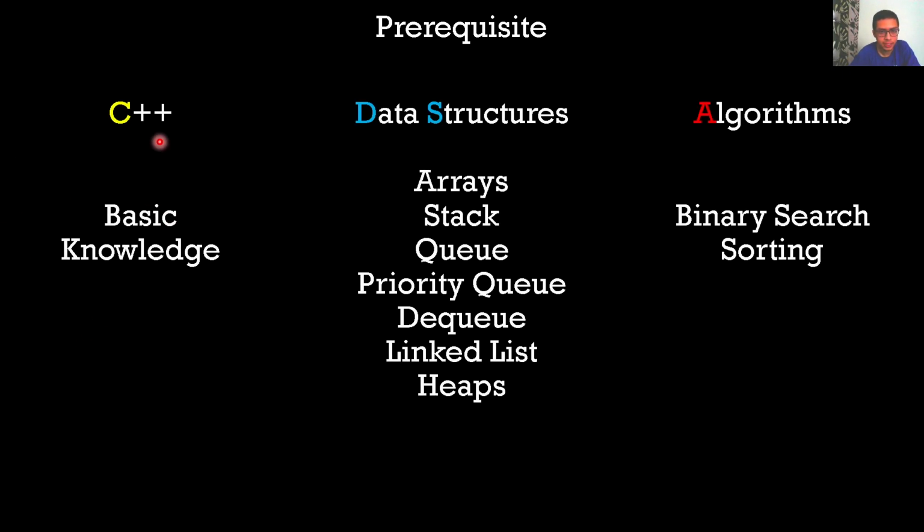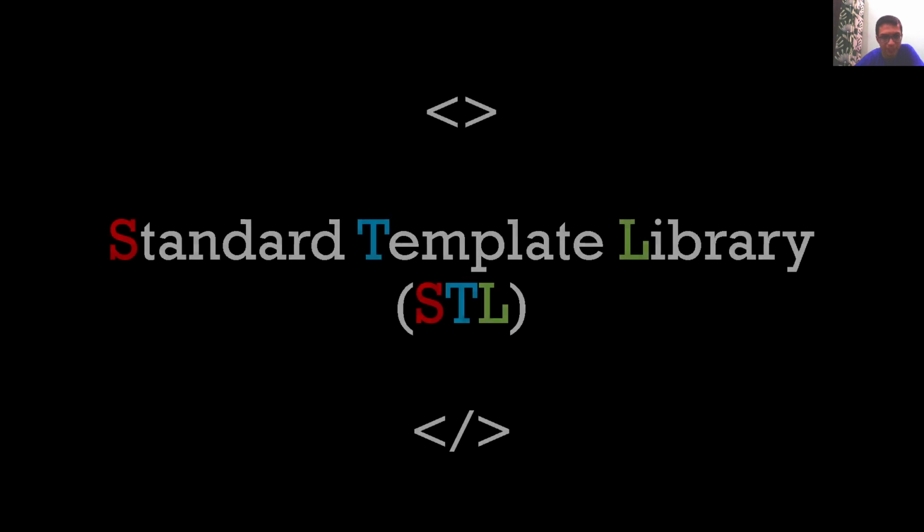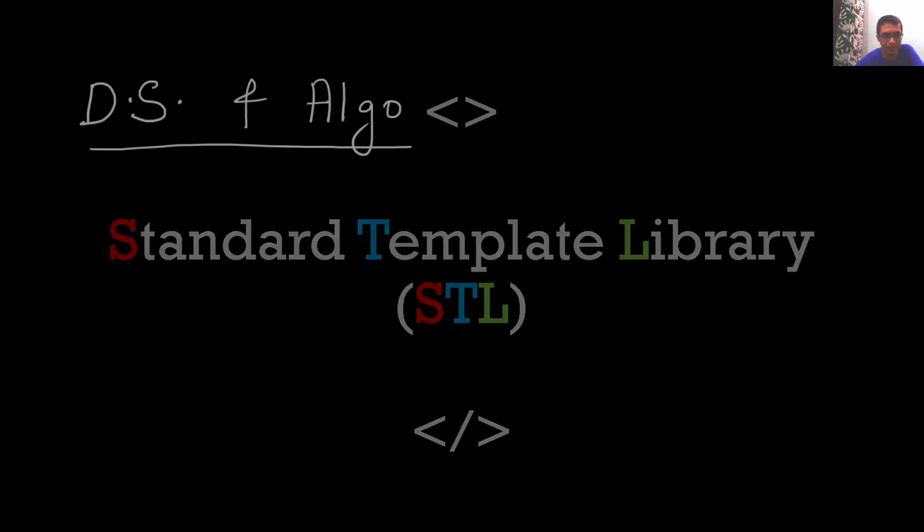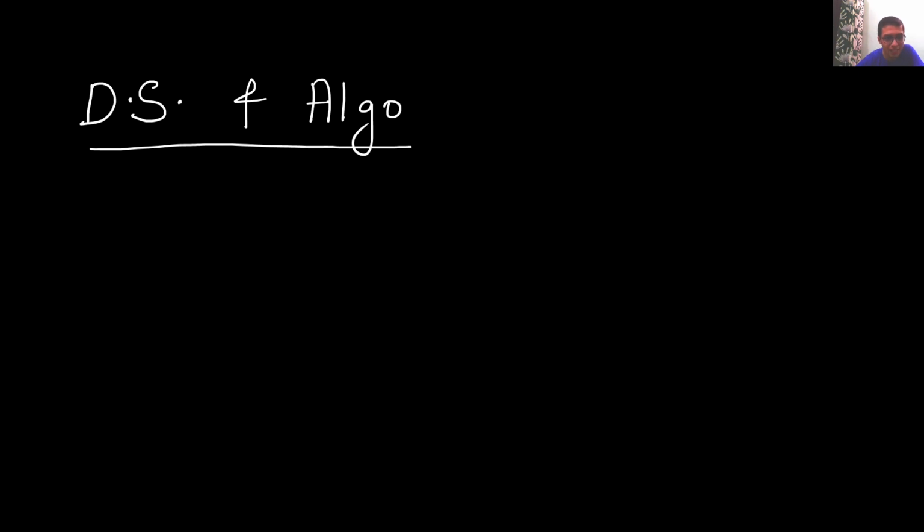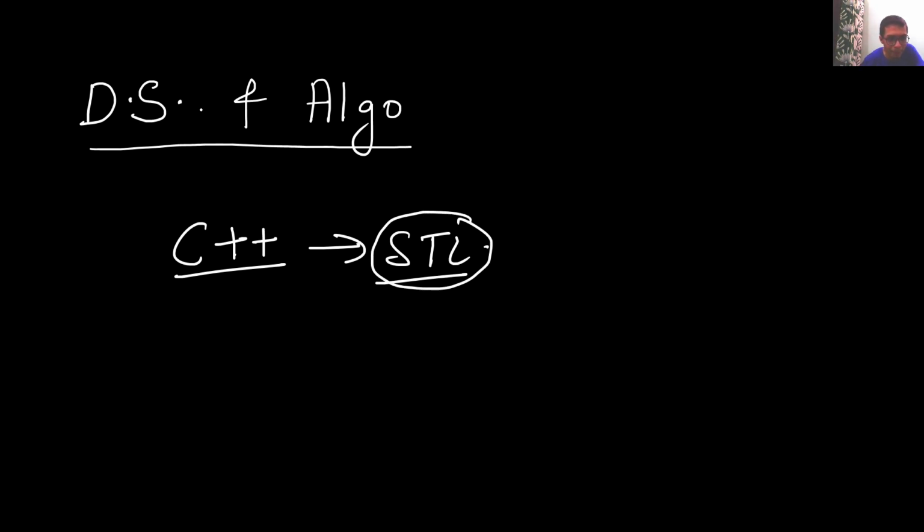So the prerequisite for this particular course is basic knowledge of C++ and the following data structures and algorithms. In this series, we are going to learn about the Standard Template Library, or STL. STL is one of the biggest reasons why most competitive programmers use C++, because C++ offers STL, right? By using STL, we can easily implement the most commonly used data structures and algorithms without even writing them from